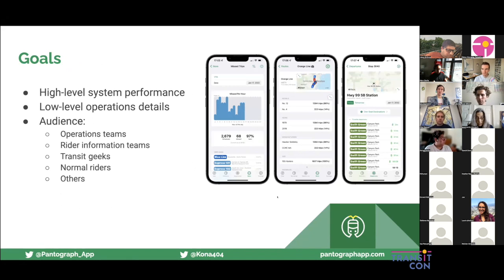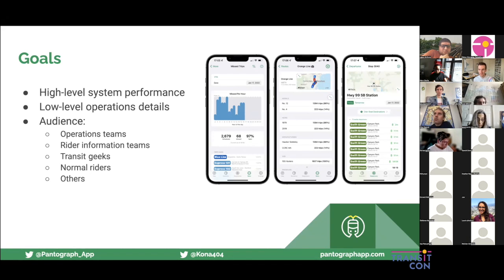At the time, I was trying to just learn things, but now I'm creating an actual app. And the way that I view my audience is that we have about half and half: people who are just normal everyday riders, people just trying to use the system to get to where they're going, and about half people who have some deeper level of understanding of the system. Those might be transit geeks. I will always be my first audience. That might be operations teams.